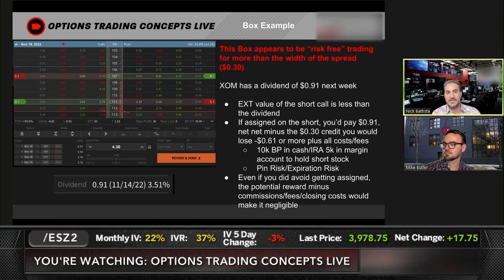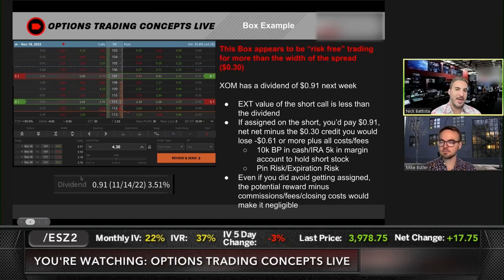So what happens if you hold that position and you say to yourself, okay, I'm just going to hold it because it's risk free and let all the options get exercised or assigned? If you get a move to 111, or if you have expiration risk and the stock dips below or just above 111, you have pin risk at that closer at the money strike. So you could come in Monday if those options are right at the money and not be exercised or assigned on that.